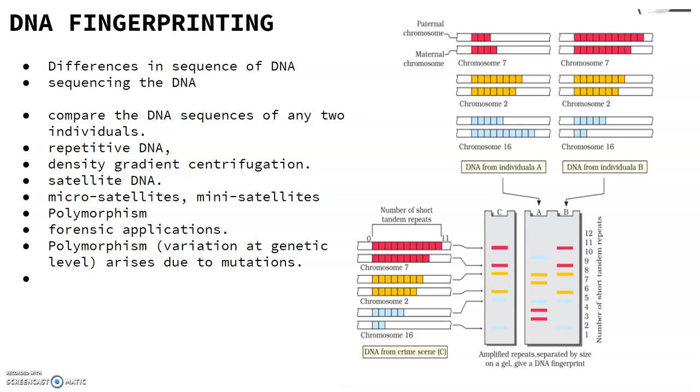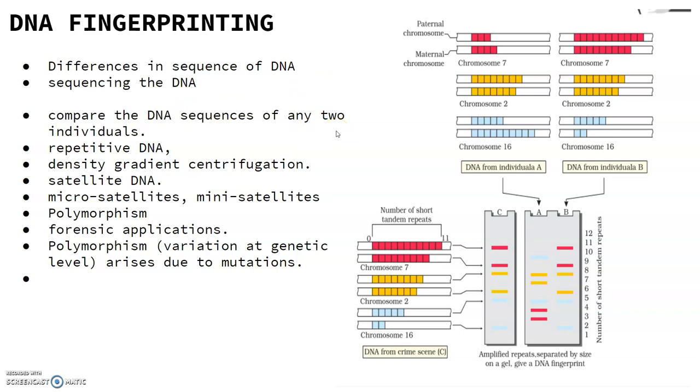Now, if we want to find out the genetic differences between two individuals or among individuals in a population, sequencing the DNA is required, and it is a very complex and expensive task. Now imagine trying to compare two sets of 3 x 10^6 base pairs. DNA fingerprinting is a very quick way to compare the DNA sequences of any two individuals. So if we want to compare the DNA of any two individuals, we must follow this technique of DNA fingerprinting.